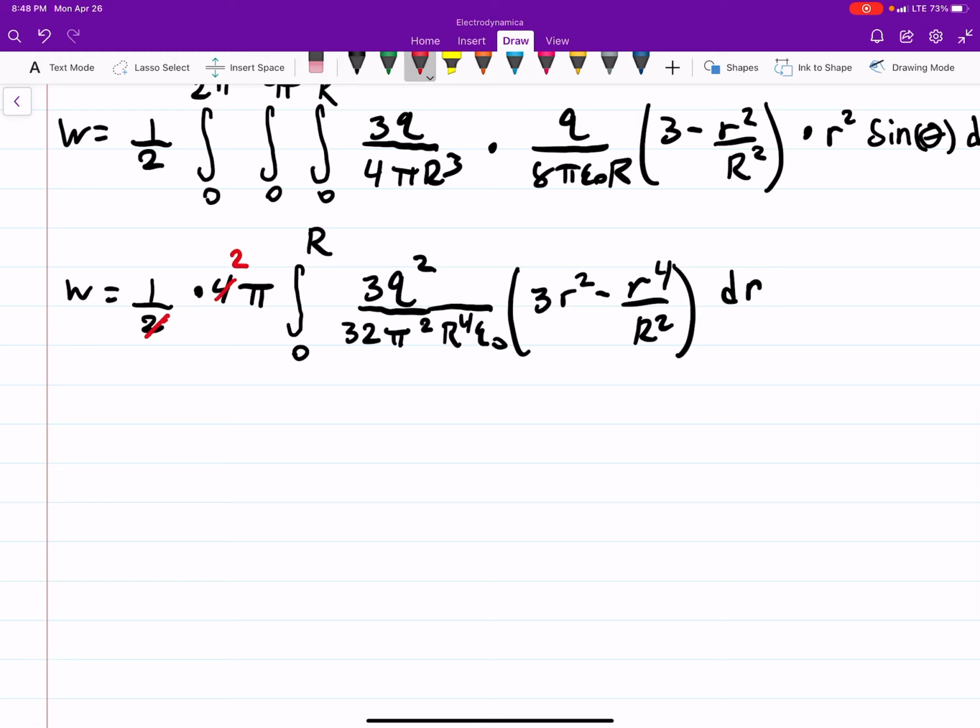This can be a 2, which then can go to 1 if this becomes a 16. This pi will cancel with that pi. And perfect. So then you get